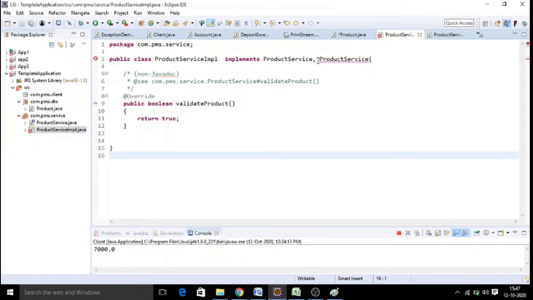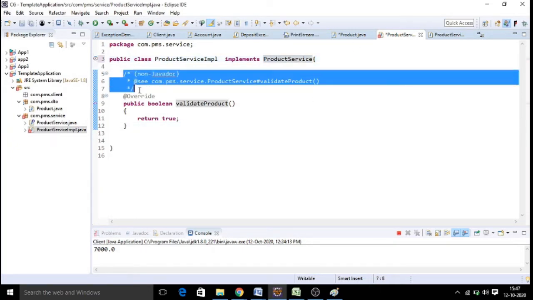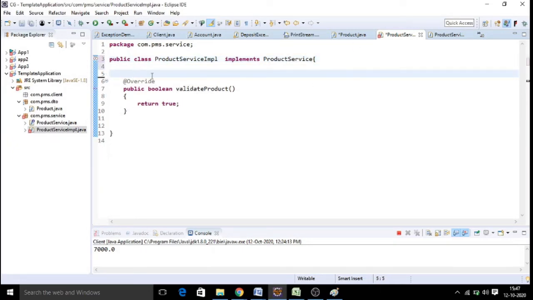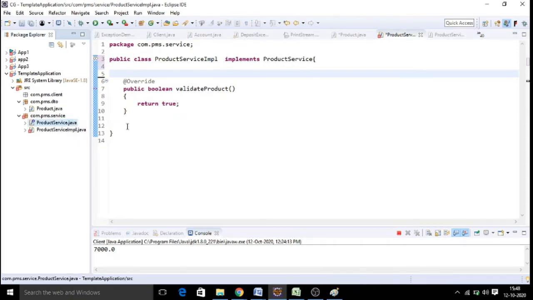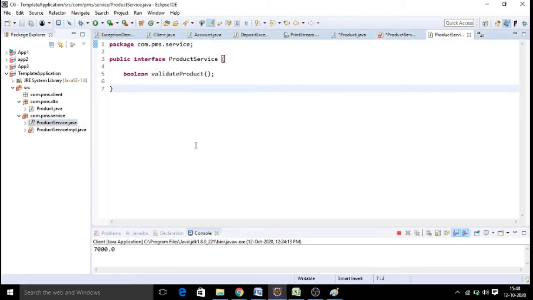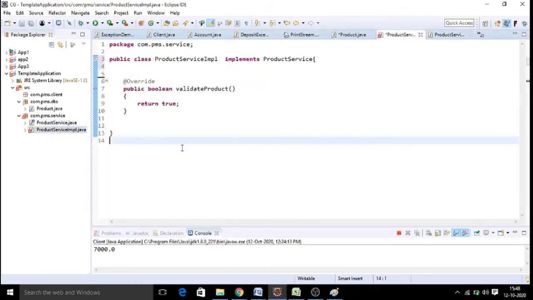Right? Product service is a service implemented automatically and we are going to make use of that. Okay, this is an overridden method. Here is an implementation method. Why do we write this interface? Interface is always preferable for security purposes rather than making use of the class directly. How do we use this product service IMPL in our application? We are going to see now.